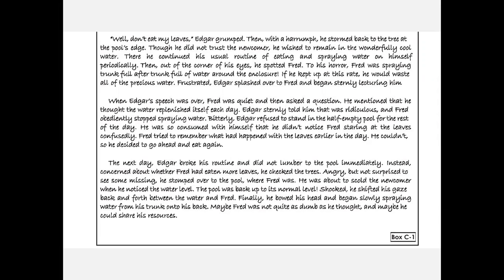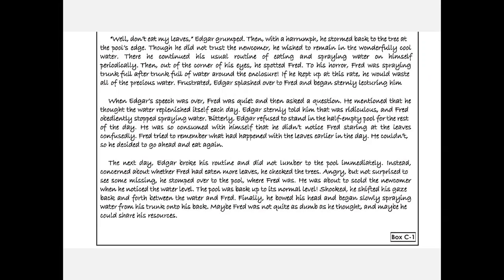in the second to the bottom paragraph, I point out to them that it says Edgar sternly told him that was ridiculous. And I tell them that when they use the word "that," well, actually, in that whole paragraph, the second to bottom paragraph, the second sentence says, he mentioned that he thought the water replenished itself each day. Edgar sternly told him that was ridiculous. So